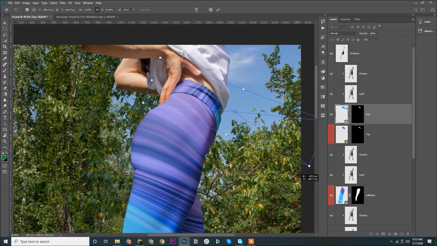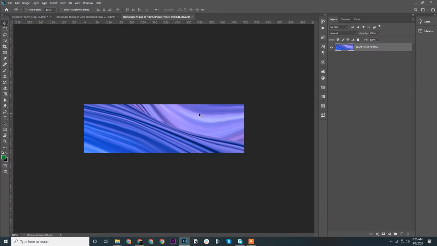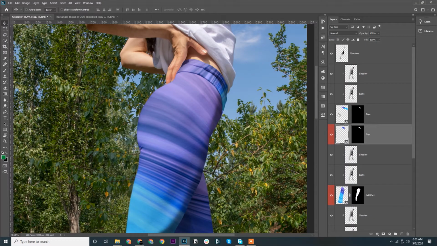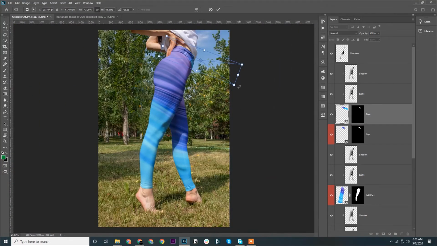What we are trying to do is just replace this one. If you look, this similar design, we want to put it over here.